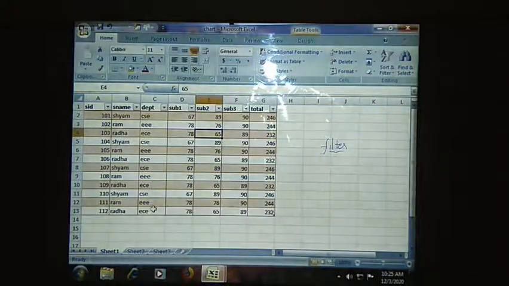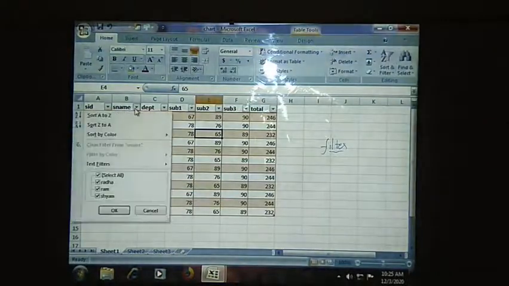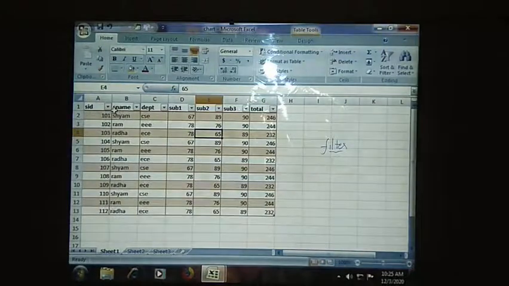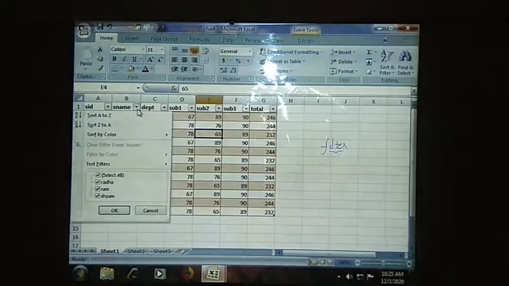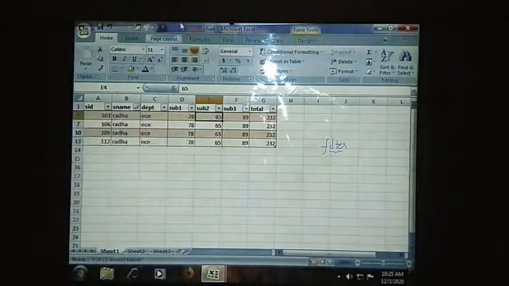Not only on the department details, you can go for any column of your table to filter the data. Suppose I want to search the student by name, say the details of a student whose name is Radha. So many people will be there whose name is Radha, but I want to filter those details. Then I will go for the student name column. I will uncheck all the names, and just check the name Radha. Just click on OK, and automatically our details will be displayed on the screen. Like this, we will be using the filter options in order to filter the data.